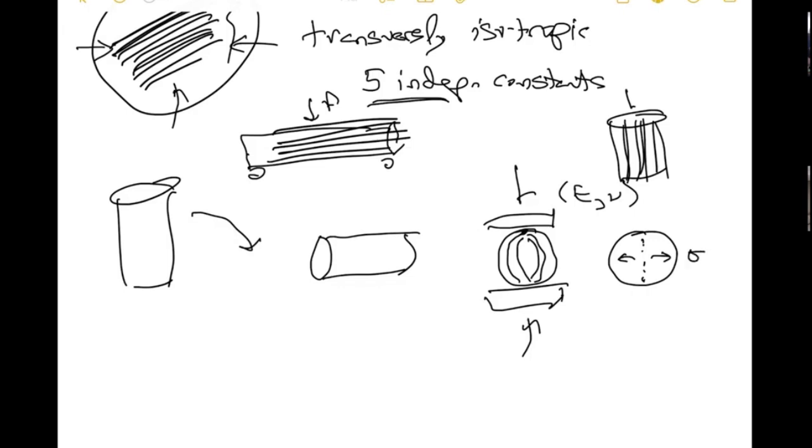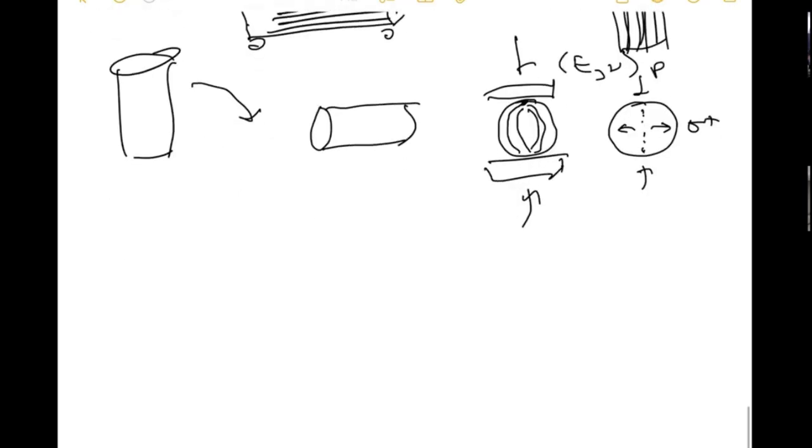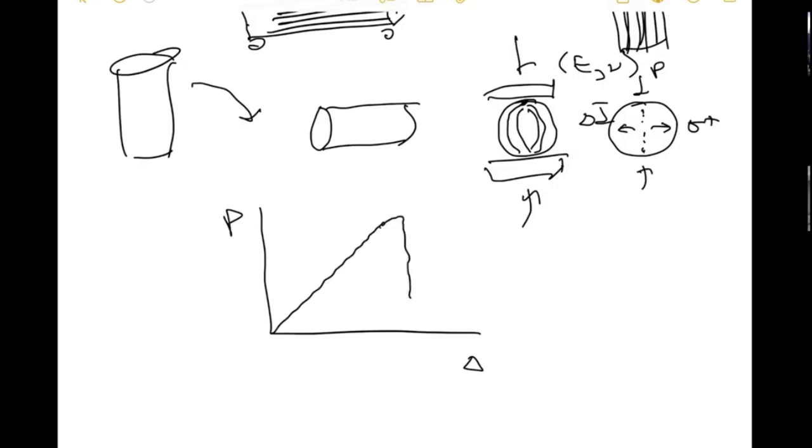Call it sigma T. And so if you load this thing in this configuration with P, and if you plot P versus delta, no stress and strain now, just P versus delta, where that's delta, what you will get is you will get a thing like this, and then it will break, and you can relate this value, P prime, to what's called the tensile strength, sigma T. I've jumped ahead of myself here.